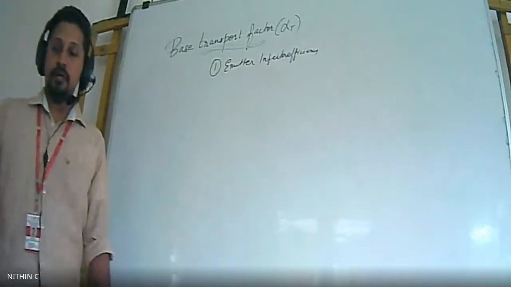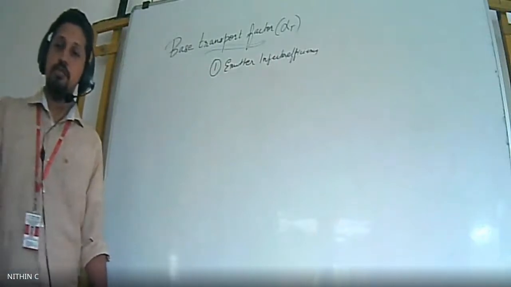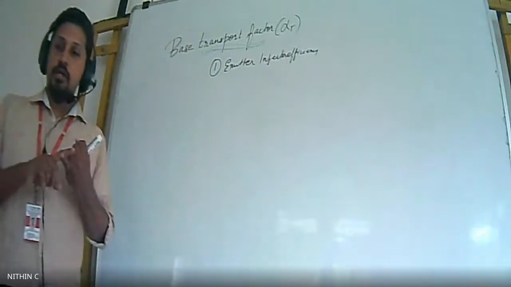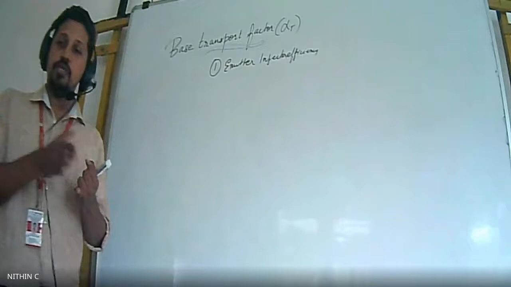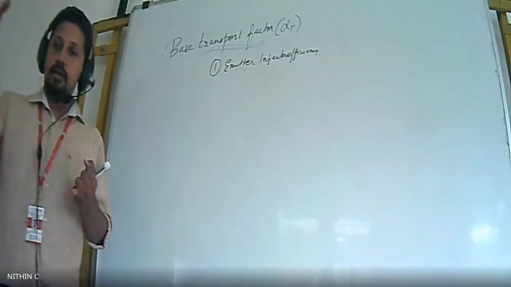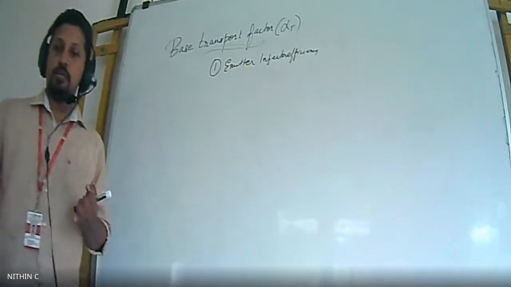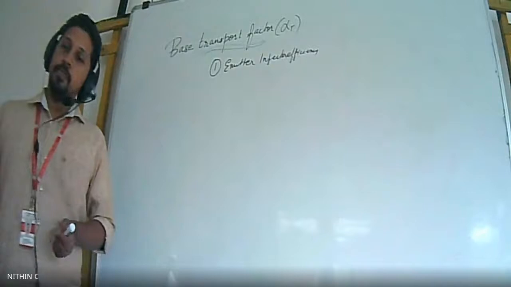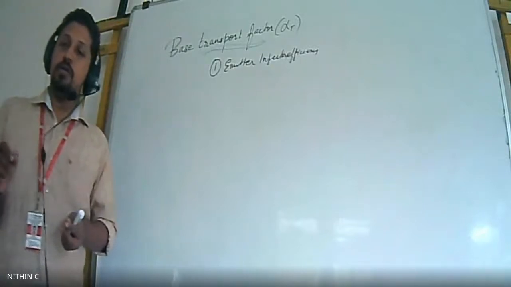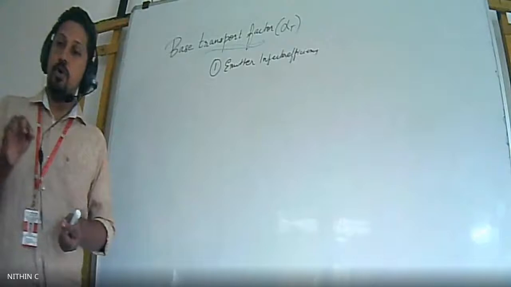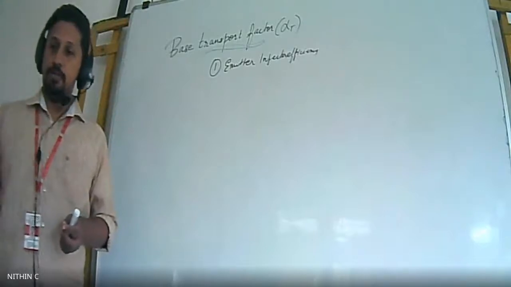We know that there are two reasons for the emitter current. One was the flow of holes, if you are considering a PNP transistor, from P to N side, and electrons from N to P side. These were the two reasons for the emitter current. Out of this, the major constituent should be the current due to flow of holes from P to N.